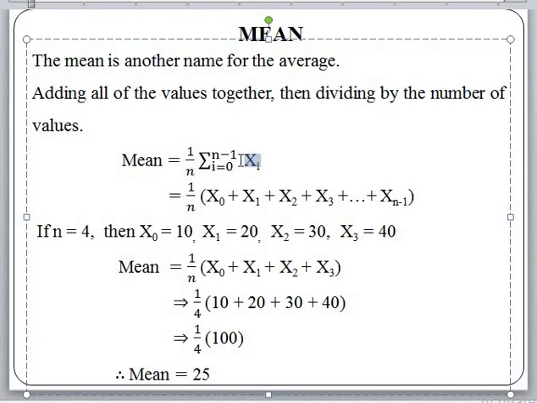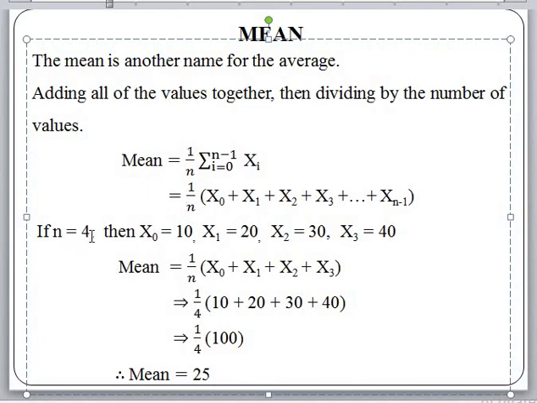Altogether, I can say add all those elements available in an array and divide by the number of elements in that array to get the mean. So here is that computation formula: 1 by n into summation of x0 plus x1 plus x2 plus x3 till x n minus 1.